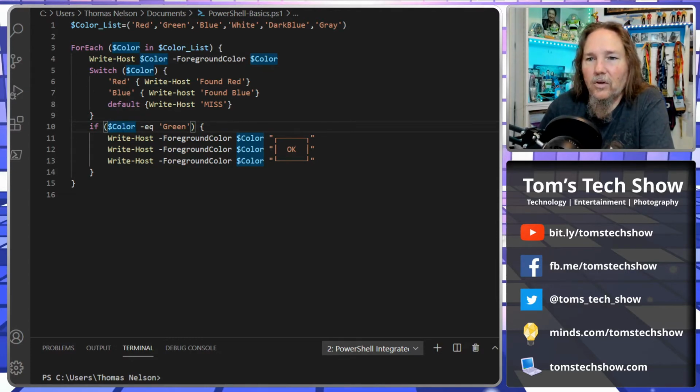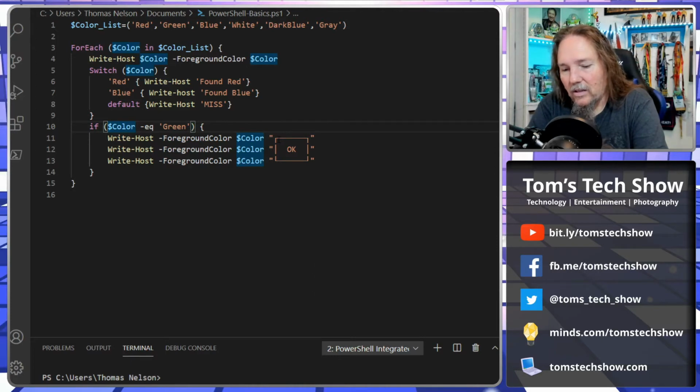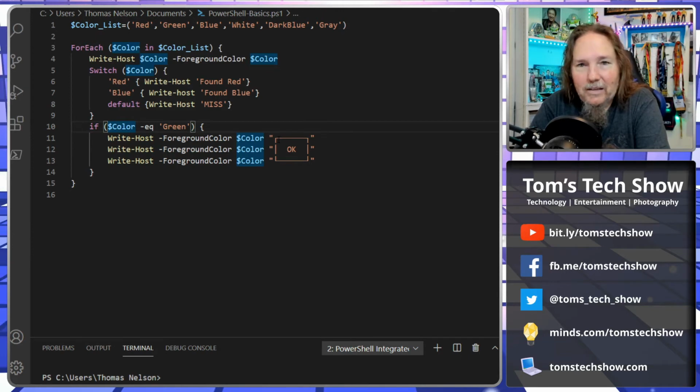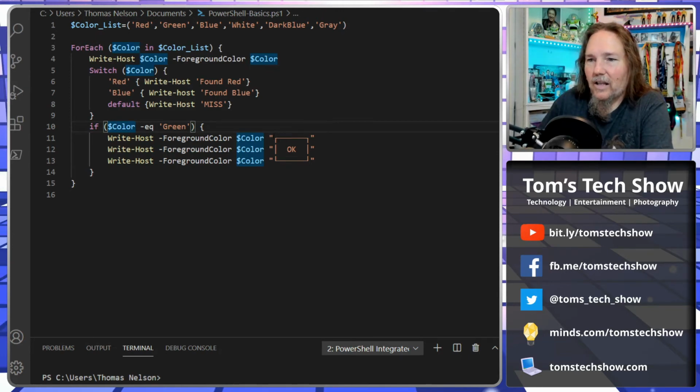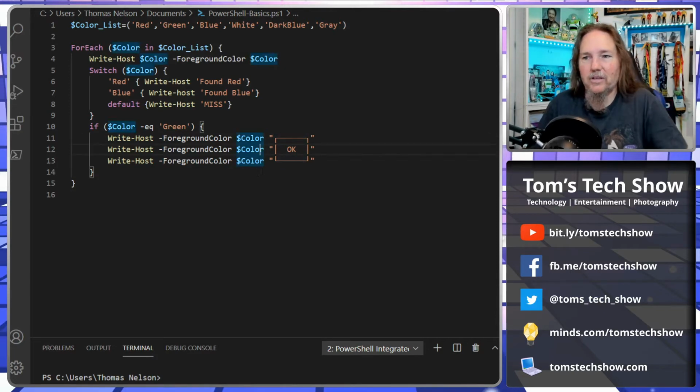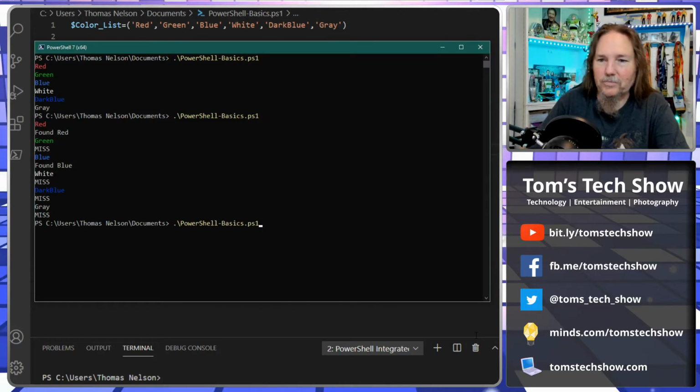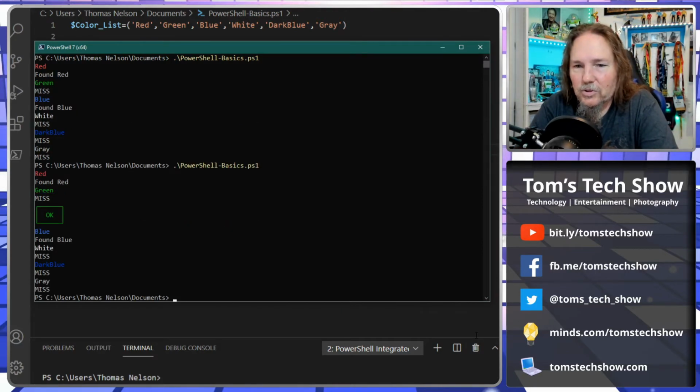Now, when I get to the color green, we're going to print out this box. I don't know if any of you ever did any scripting, text scripting, batch file scripting and stuff way back in the day. You'll know that there are these little ASCII characters that help you form little boxes. And we're kind of getting back to that with some things in PowerShell. So we run that and it actually shows green and this little green OK box because that if statement found